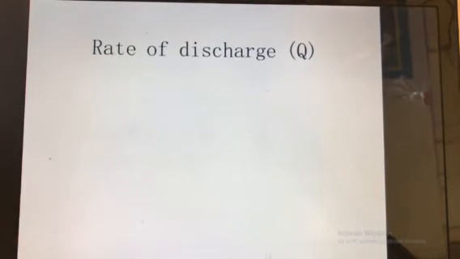Okay, now next thing is rate of discharge. But before this, we will quickly revise the types of flow. The first one is steady and unsteady flow. For steady flow, parameters like velocity, pressure and density do not change with respect to time, and in the case of unsteady they change with respect to time. Next is uniform and non-uniform. Uniform means velocity does not change, but in non-uniform flow velocity changes. Then next, laminar, turbulent and transitional flow.